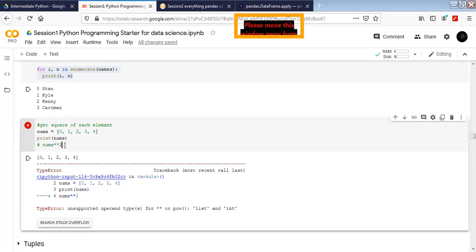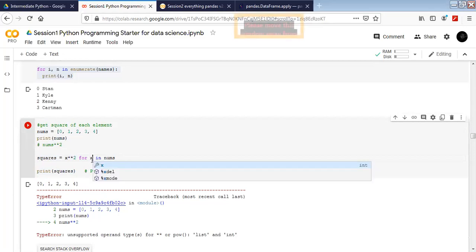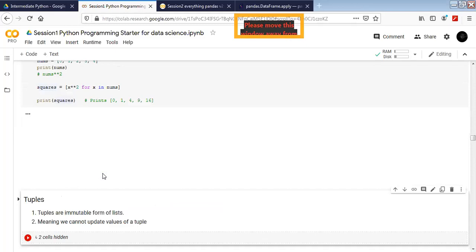To do this, we follow a convention like this. We take this for loop and start from here. Don't look at this part for now. We start the for loop. We have the x. X, we can replace it with i also. Right now I have given it the name x. Inside num, just outside of it, we type the element we want to perform on it. I want to perform a square on it. Now I'm going to wrap everything in a list again. So this is going to return me squares, which is a new list of the square of each and every element.